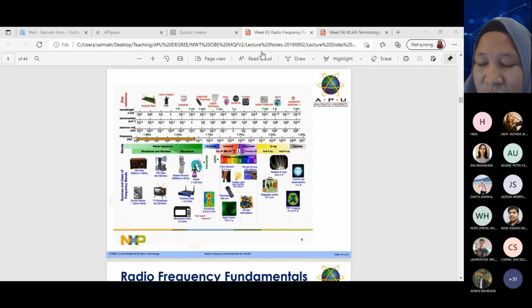Is there any interference? Then how do we handle it? That's why we need to use several access points to strengthen it. Remember about the repeater, Mohin? Wireless repeater. If your environment has potential to be interfered with, you need to increase the number of access points. Like in APU, we have open space, but we still use many access points, because we keep receiving complaints from students that they don't have good wireless.